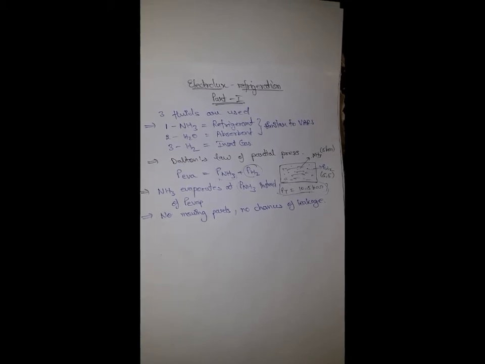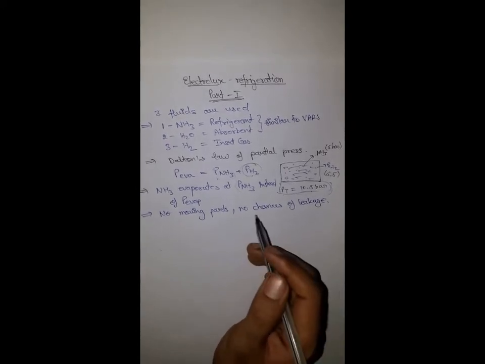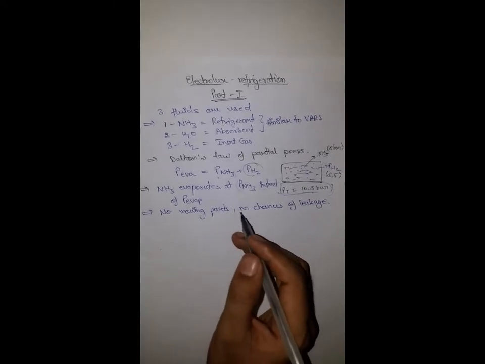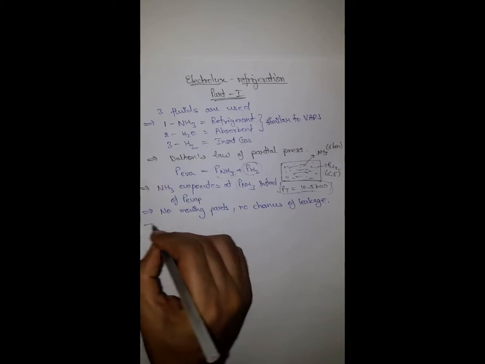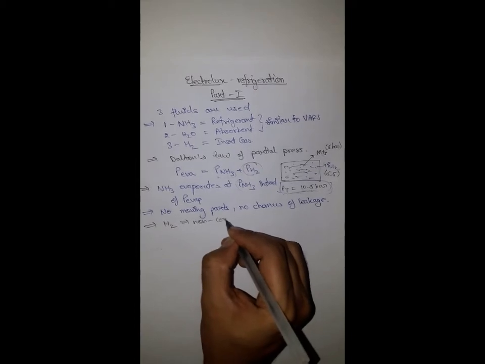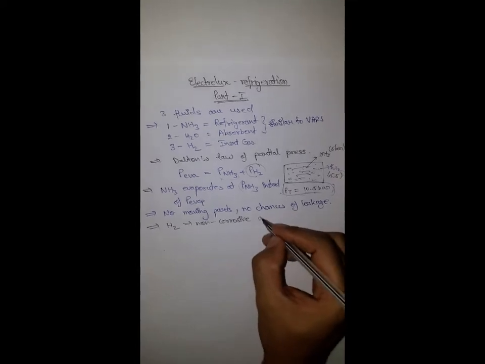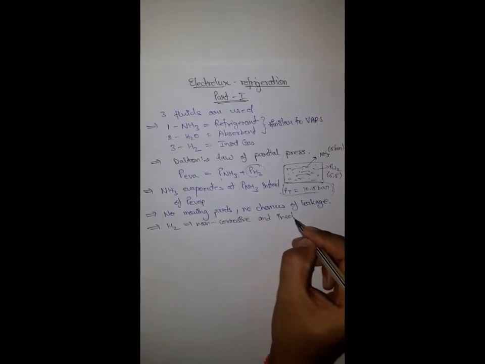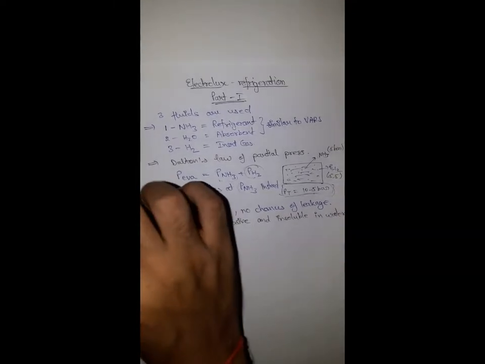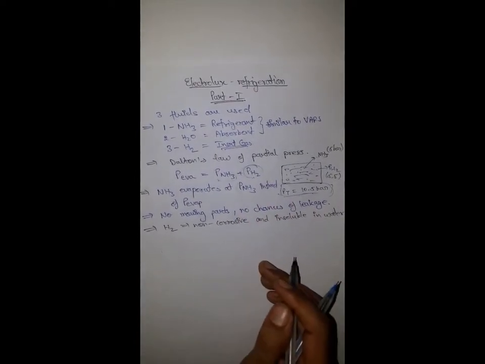Now, I have already told you that hydrogen is used to increase the circulation of ammonia. Another property that is very beneficial for us is that hydrogen is non-corrosive, which means it will not corrode the containers or the tubes through which it is being circulated. Another property is that it is insoluble in water, which means it will act as an inert gas, as we mentioned at the start.